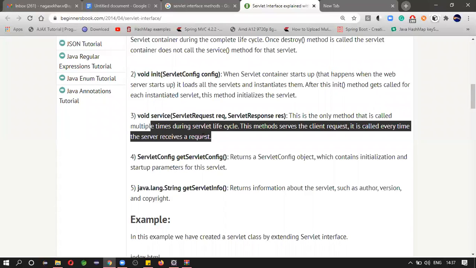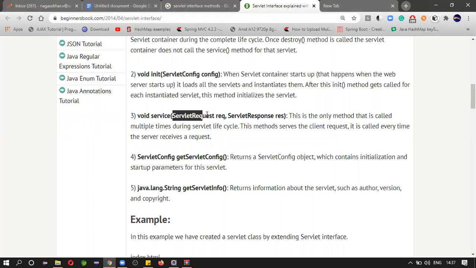Okay, then why do we have servlet request and servlet response? See, we can consider this like int a, like that. This is servlet request. Again, this is an interface, and this is the variable name. Similarly, this is the interface and this is the name. You may see a number of interfaces in this API. I will show you next.